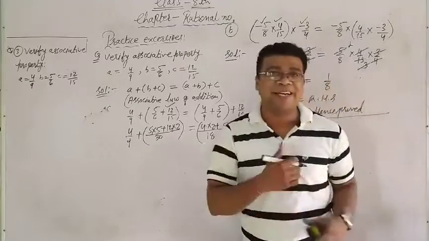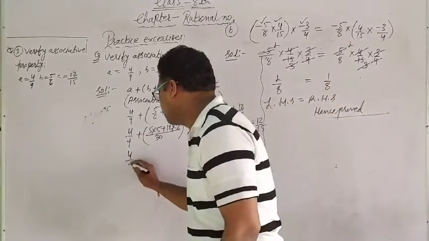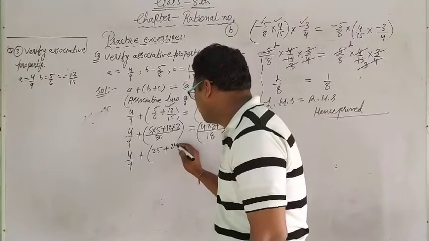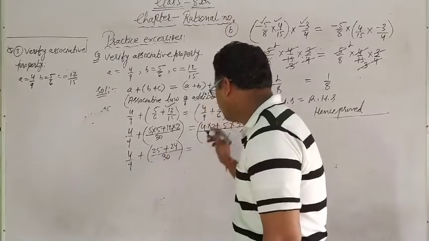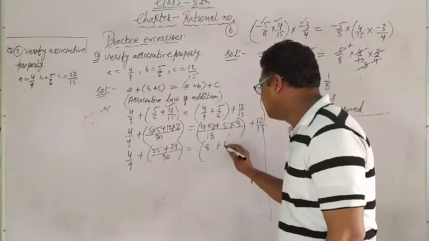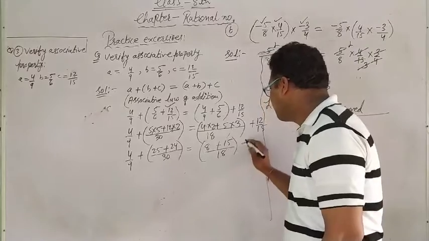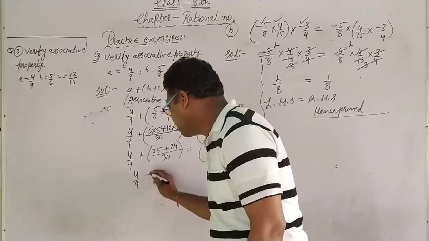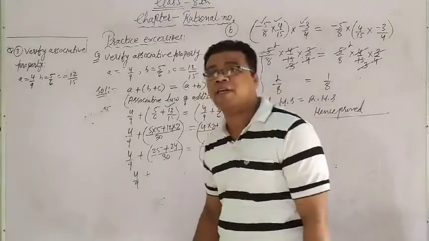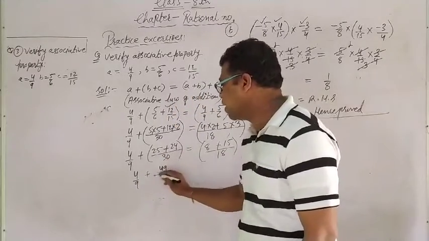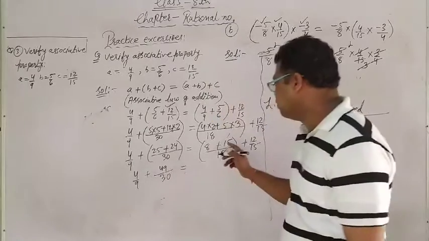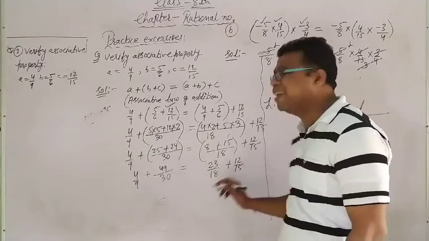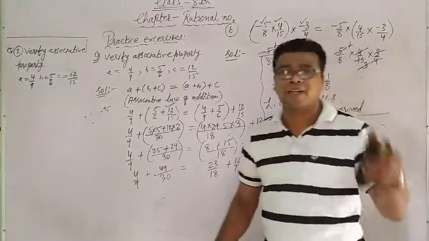Right now I am going to be a little faster for you. Look, 4 upon 9 plus 5 fives are 25 plus 12 twos are 24 upon 30. Here you can see 4 twos are 8 plus 5 threes are 15 upon 18 plus 12 upon 15. Is it okay? No problem. Again 4 upon 9 plus, addition: 25 and 24 means 49. Directly I can add. Here 8 and 15 added is 23 upon 18 plus 12 upon 15. A little fast we are going, no problem, that you can do.